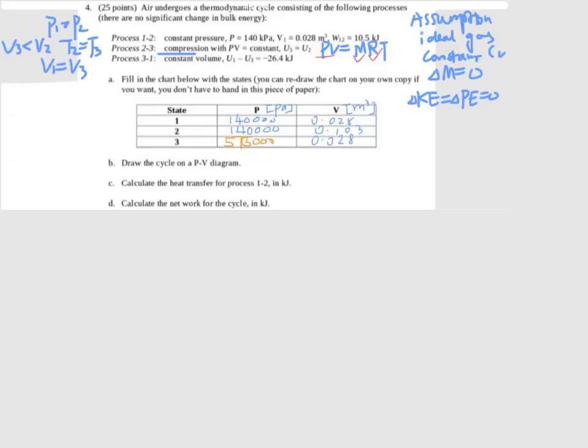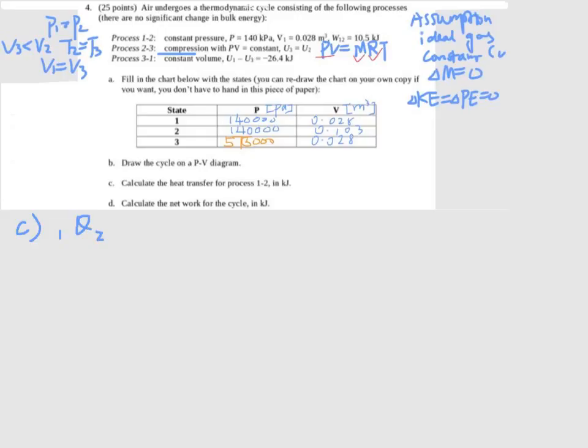Hi everybody, today we're going to continue our three-step analysis. Last time we finished part A and B, so today we're going to take a look at part C. In part C, we need to find the heat transfer for process 1 to 2, so that is just Q1,